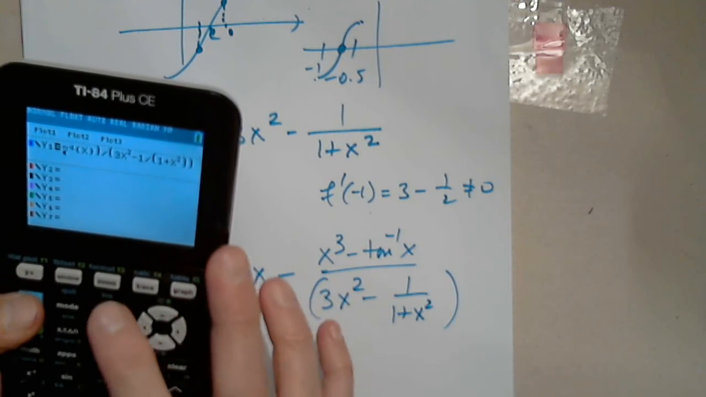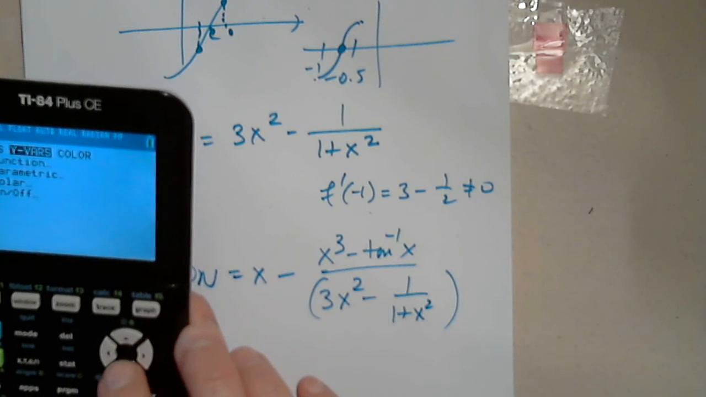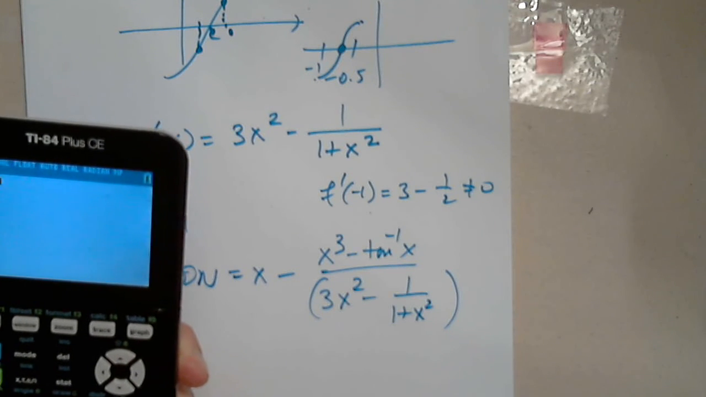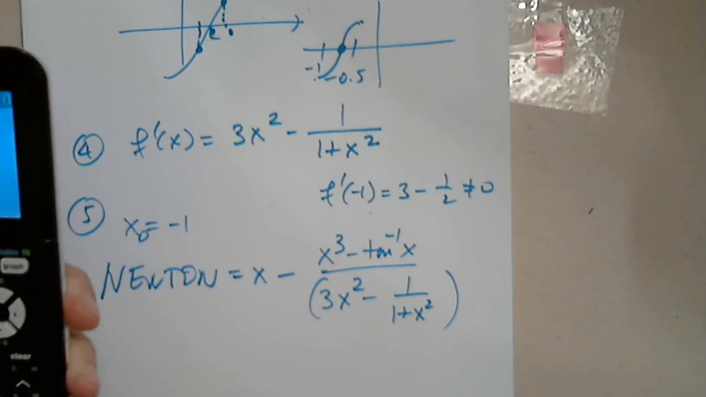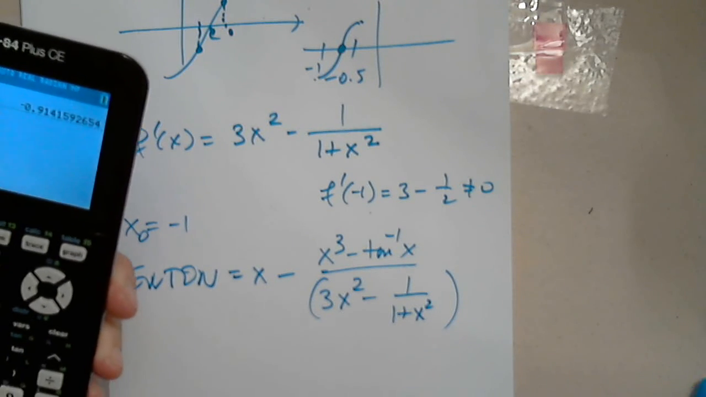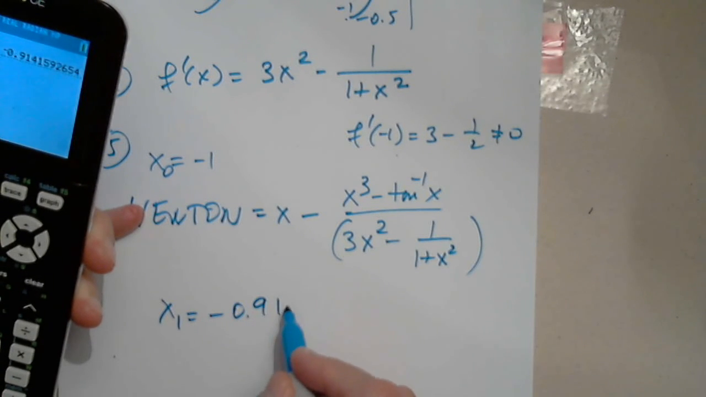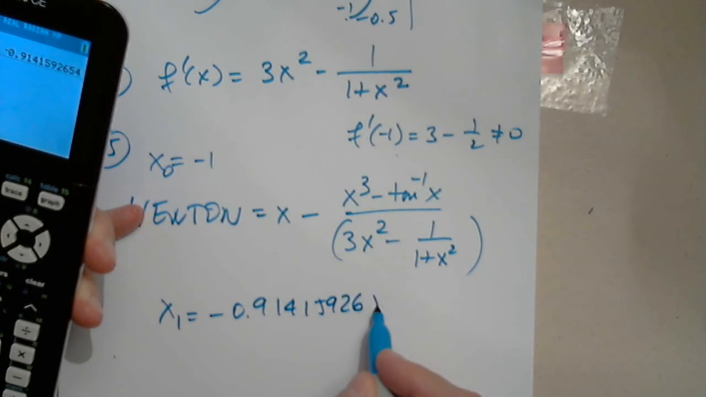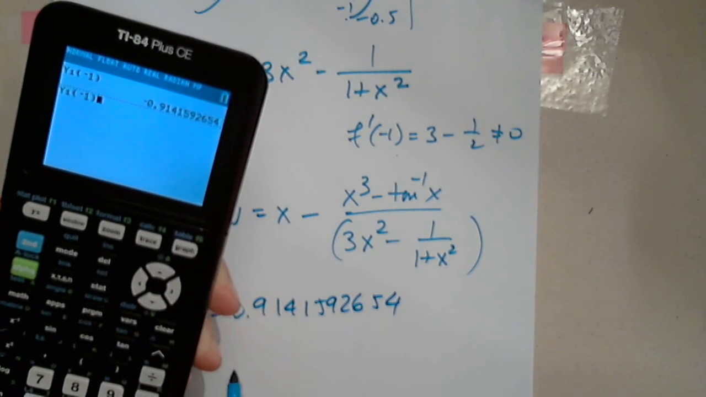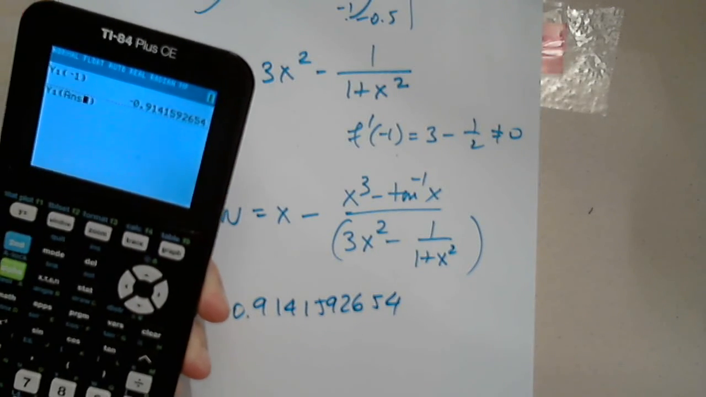And now, second and quit, go to variables, y variable, choose function y1, select function y1, in parentheses I plug in -1, and I get my first iteration. So my x1 equals -0.9141592654. And now when I go back and copy that entry, I have to overwrite -1 by the previous answer